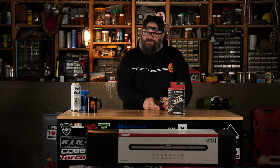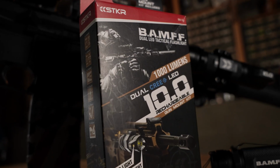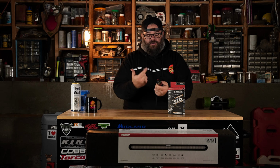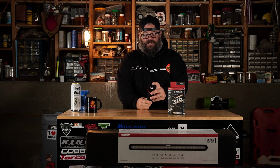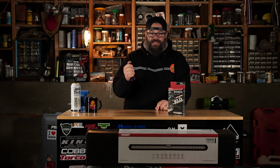And generally, headlamps don't reach out enough where flashlights do. This one's 1,000 lumens. And it's also what's called the dual LED. So it has some cool options. You can do both at once, which gives you your 1,000 lumens. Then you drop down to a single, or you can use this as a task light, the smaller LED, which I think is rad. Like when I'm in the truck or something, and I don't want to open the doors